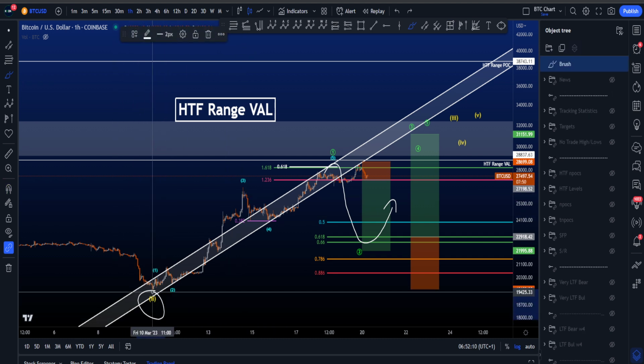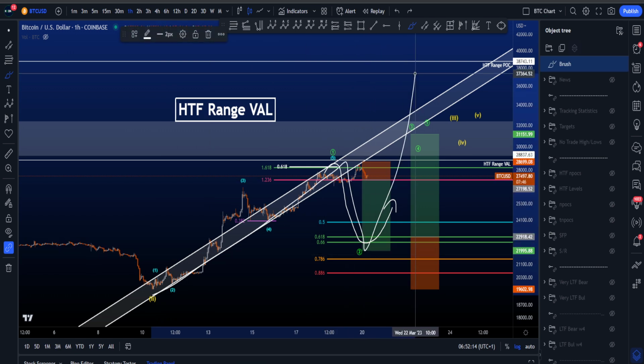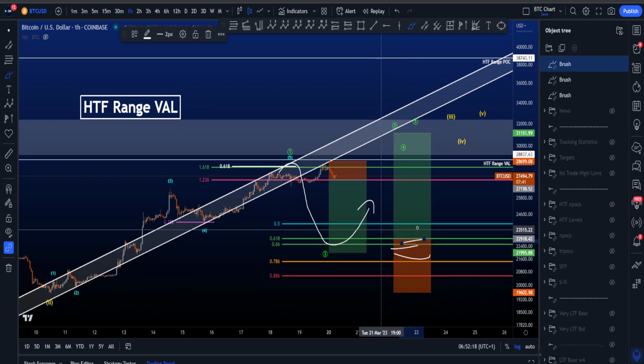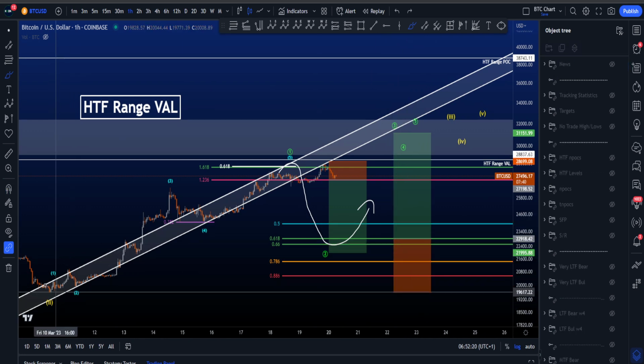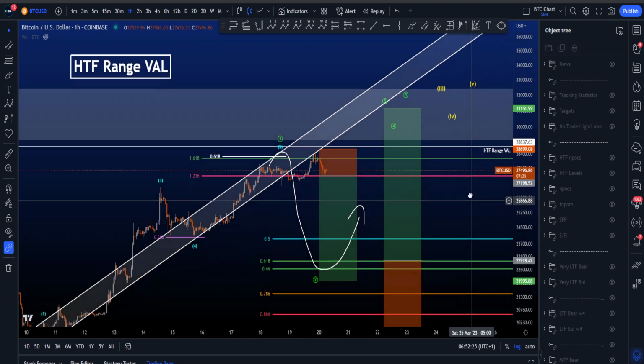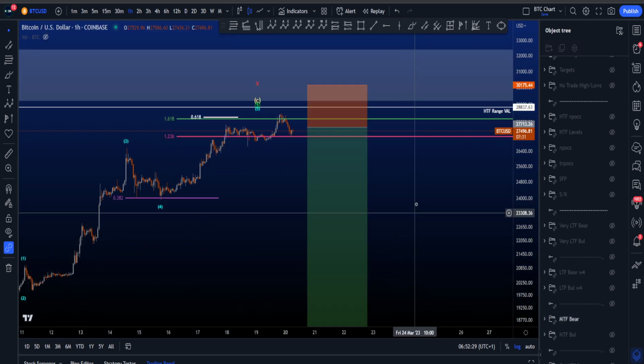So on the very high time frame, this is then the low of wave 2, then this is 1, 2, and then a massive 3 to the upside has to be expected, with then a potential long setup, longs entering around this area, stop loss below the 2, and then trading it, of course, all the way to the upside. So yeah, this is the bullish scenario on the medium time frame, with then the bearish scenario being that